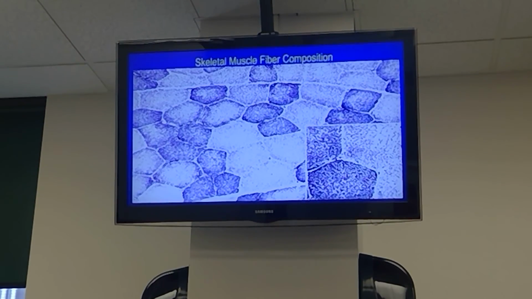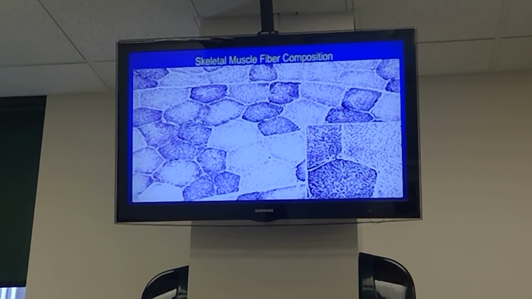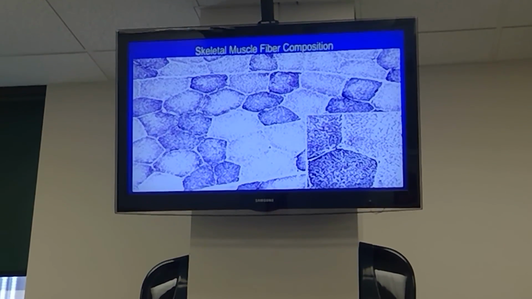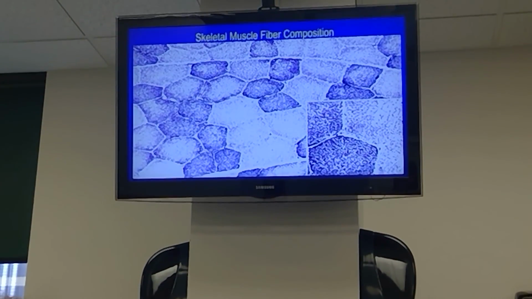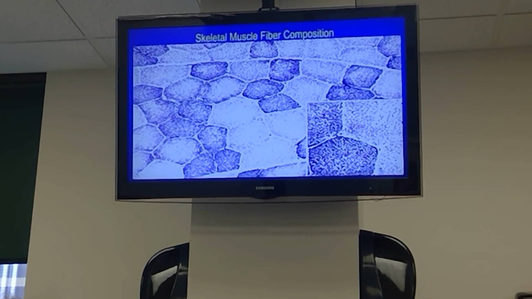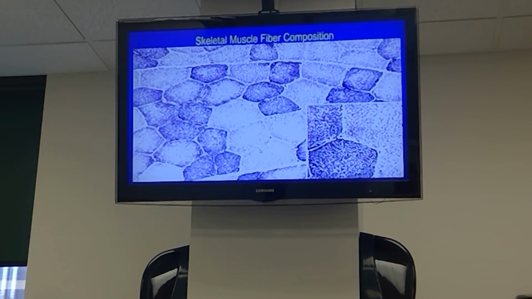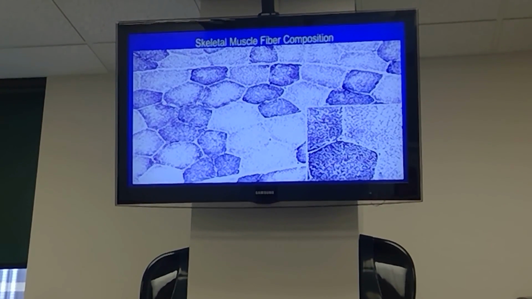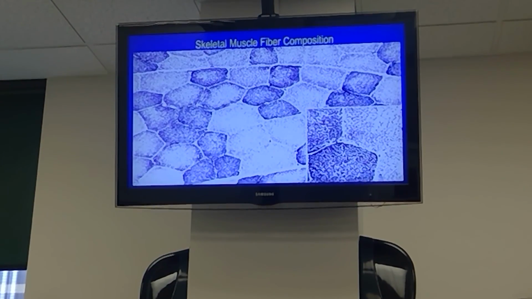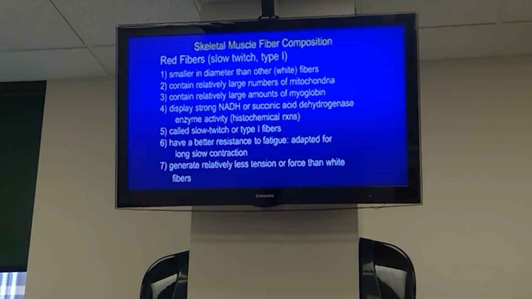All right, as you look at this, you can say, well, some of these are pretty narrow, like these guys that are darker stained with whatever this process is, and some of them are much lighter in color, and larger in diameter. So we call these that are larger in diameter type 2 fibers, and these that are more narrow, type 1 fibers, are red fibers. Okay, so